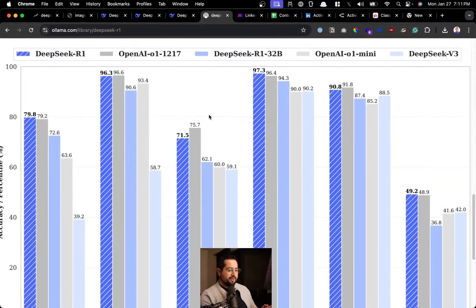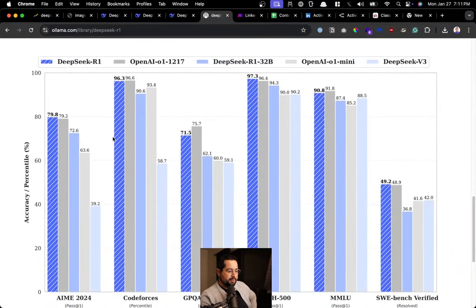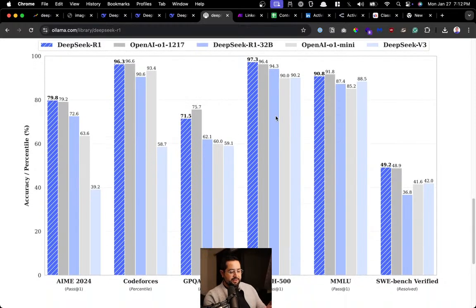So this right now is the comparison of DeepSeek, which is dark blue, and then you have OpenAI in gray next to it. These are different tests, the benchmark tests. Main summary, you don't have to get nerdy with it, but basically it's on par with ChatGPT's O1, the one that you're paying $200 a month for. This is completely free and open source. The open source I'm really excited for. That's the real game changer. Now, for free, you have access to a large language model that is on par with the most sophisticated model right now, which is ChatGPT.